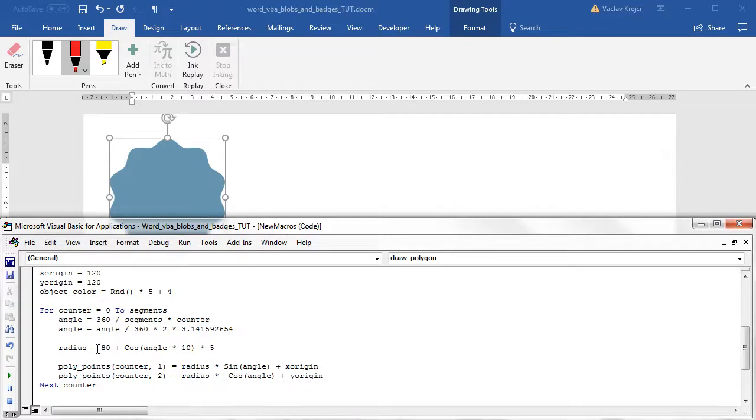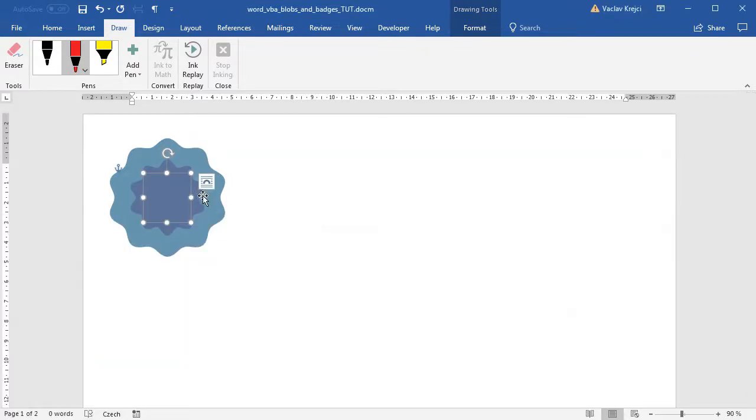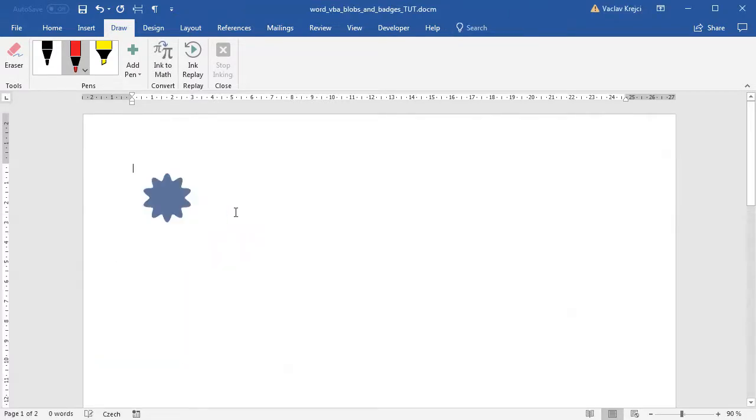If I just decrease this 80 to a smaller value like 50, you will see it will get closer to the center. It's getting smaller. So if I change this to 30, it's even smaller. It's probably the same color as the previous one, so it's not visible, but it's getting smaller with the smaller